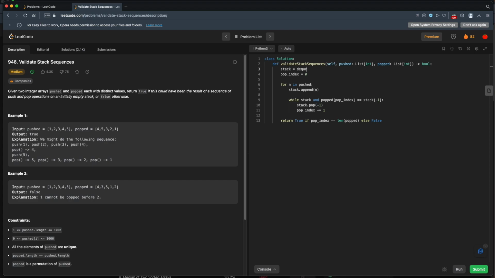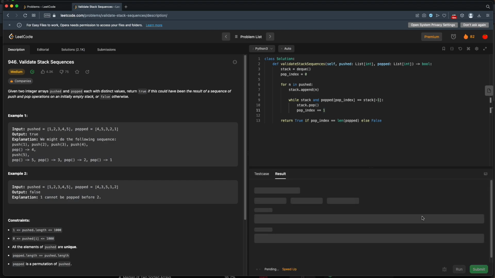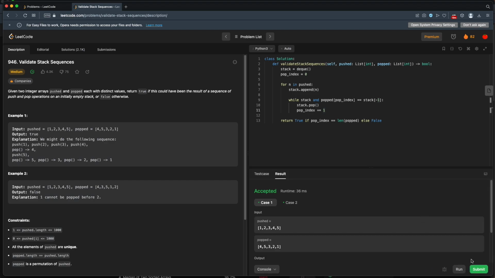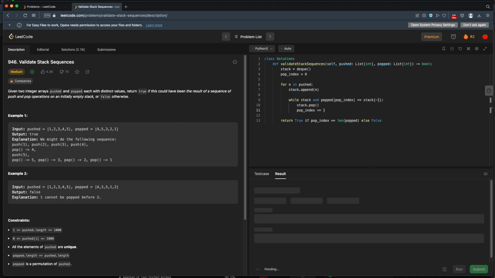Now, I can't guarantee this will be any faster. I haven't tried this, but it's worth a shot. So instead of using a list, we'll use a deque. Now, you have to construct a new deque, store it in our stack. Now, we still have the same append, but instead of this pop, we have just a standard pop. All right, I think that should do it. Let's see how this goes. Okay, still works. Let's see if this saves us anything.